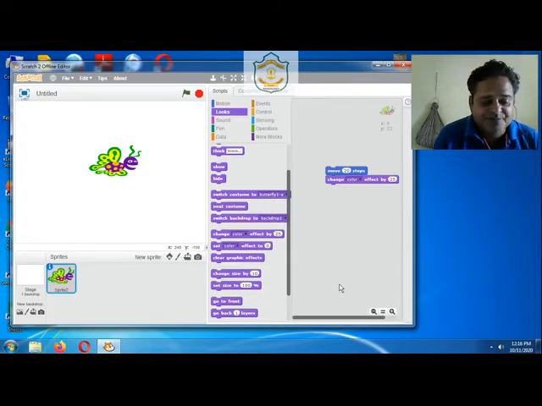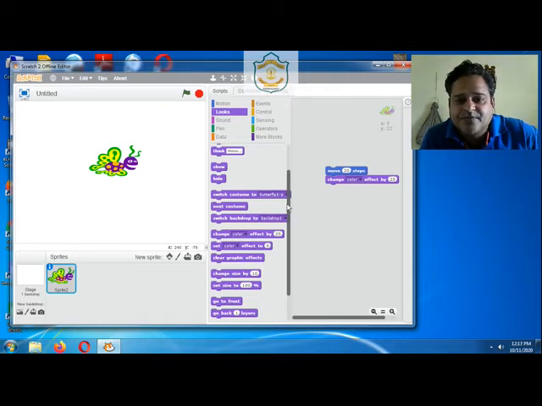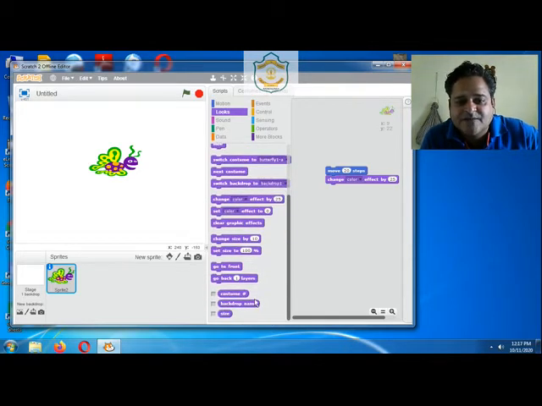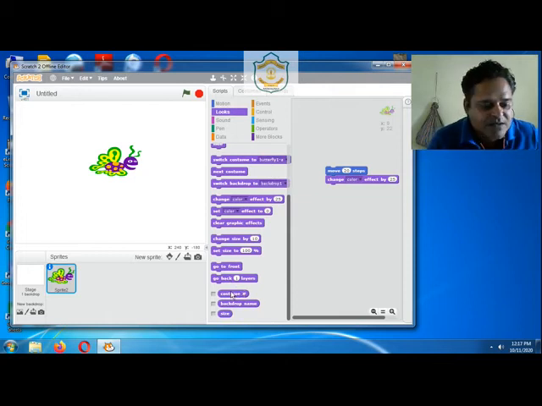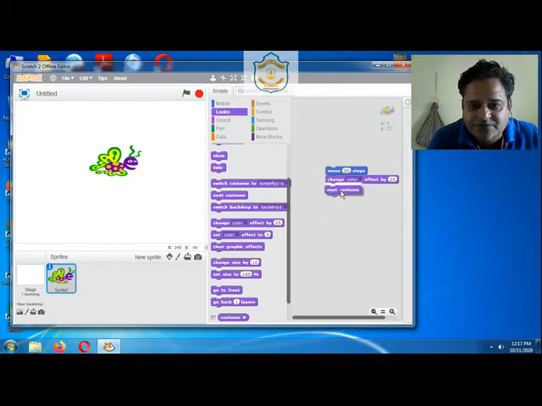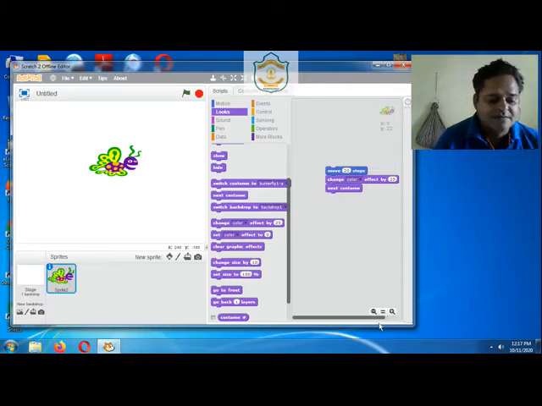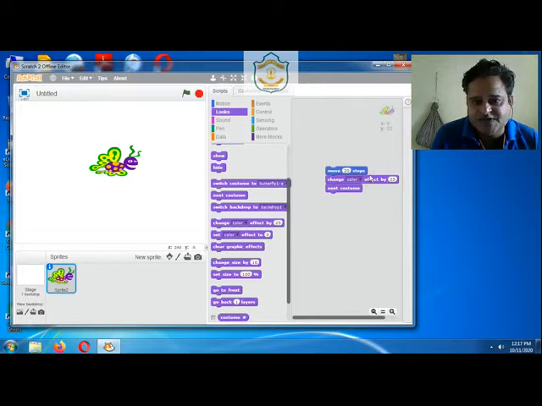Now next costume. Let's see what it does. We have used 3 blocks. First is move 20 steps, that means our sprite should move forward.